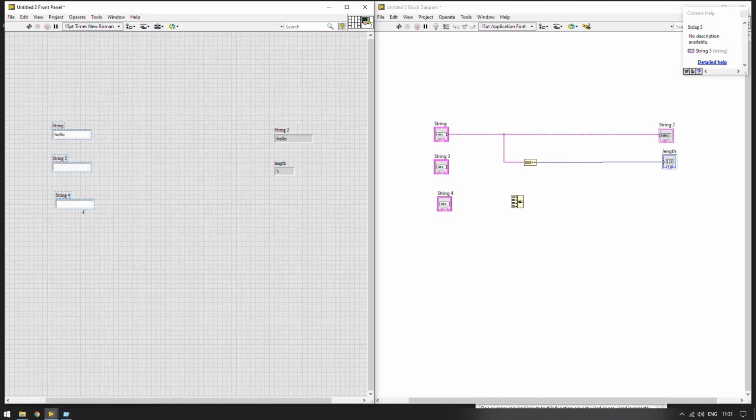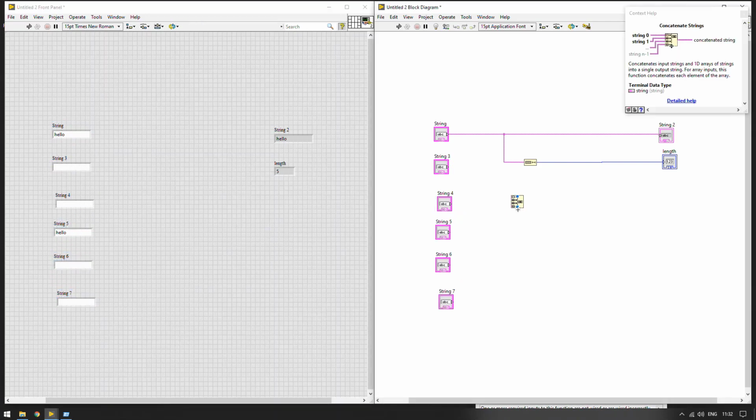Suppose I want to copy all these 3 blocks, we can select them by dragging the mouse and press Ctrl and drag them. Now we have 6 string inputs, but here we have 4 inputs only, so let's make it 5 and delete 1. So we have 5 inputs and 5 input ports.